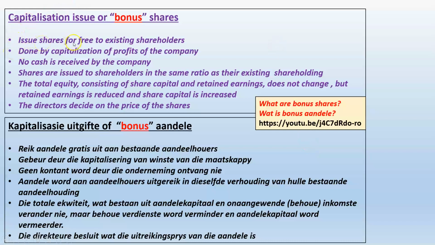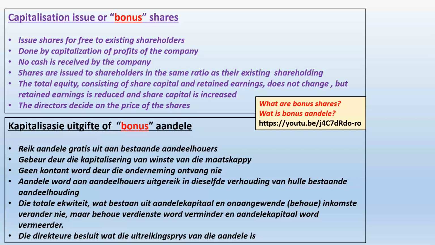Now, here we're going to issue shares for free to the existing shareholders. That seems to be very nice. You didn't know that there are still things in life that are for free. Now, it is strictly speaking not for free. If you think about a company, what happens if a company does not declare dividends out of their annual earnings? If they retain a portion of their earnings, their profits, and do not declare it by way of a dividend, slowly they're going to build up a retained earnings reserve, which is going to grow